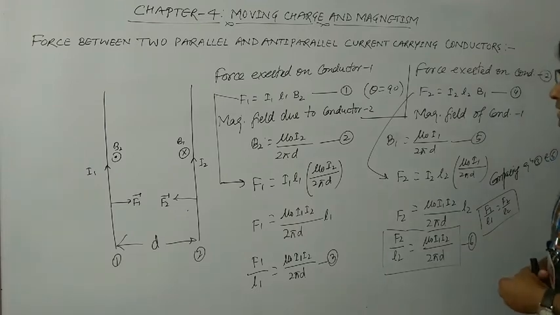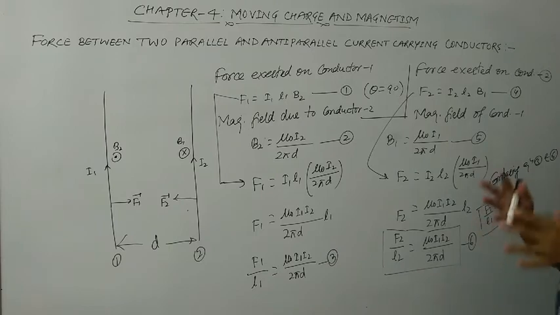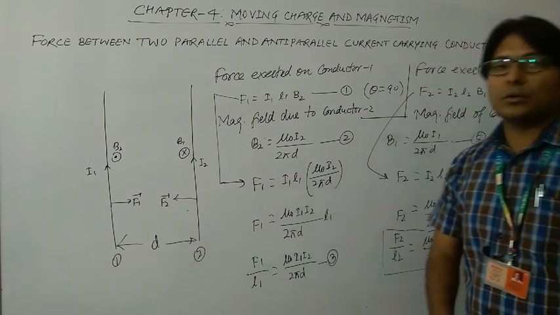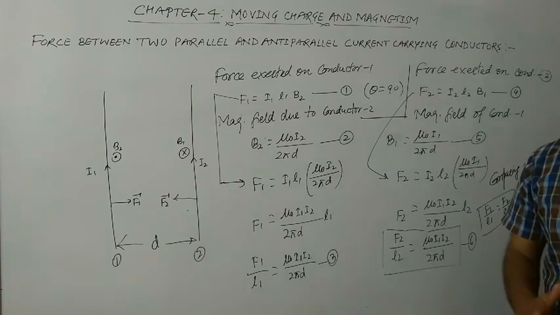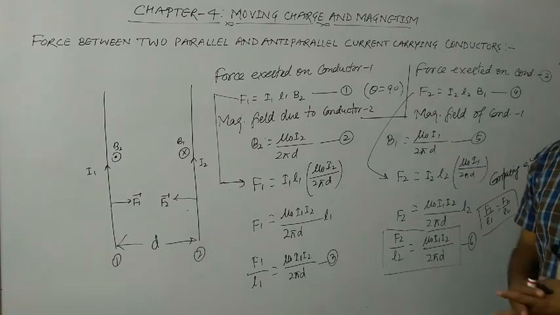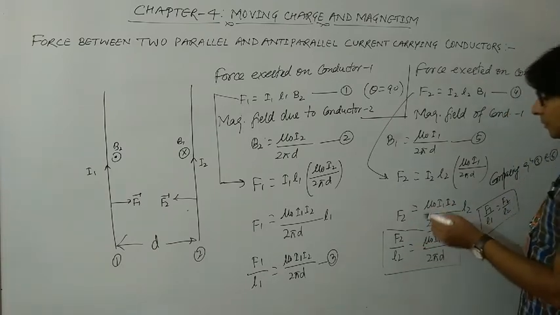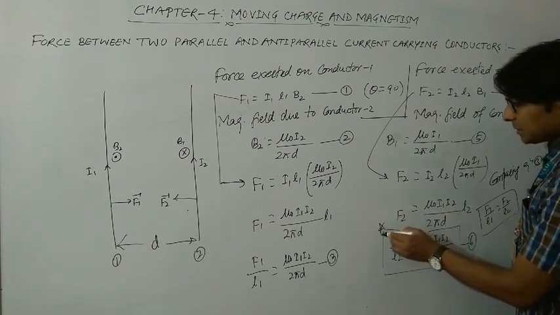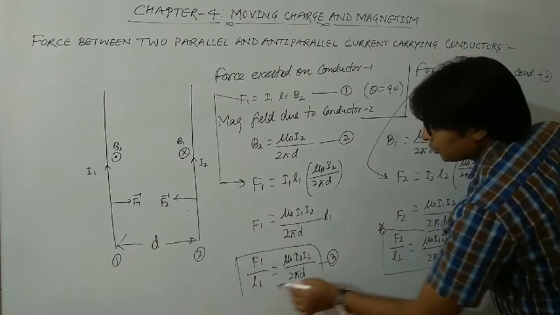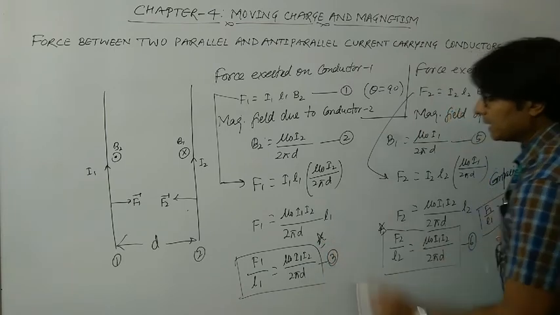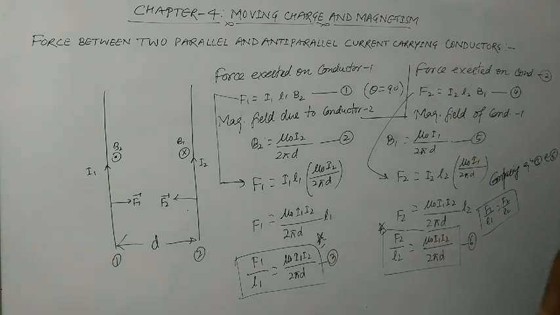So this is how we can derive the formula of the magnitude of the force, and we can understand the direction of force exerted by two parallel and anti-parallel current carrying conductors. So this expression you must remember, either this expression or this expression, for the numerical point of view, and we will also use this equation to define 1 ampere current. So you can note it down for a while.